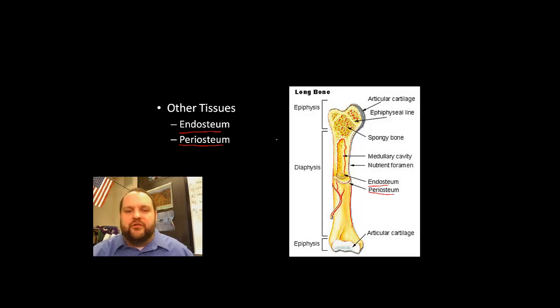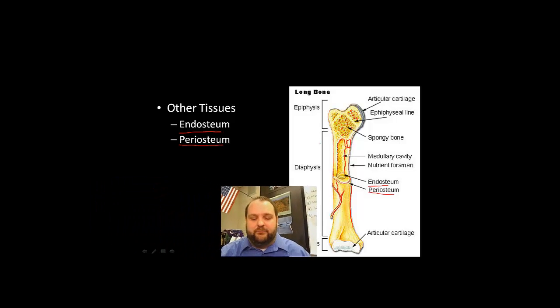Okay, so those are the main regions of the bones: the epiphysis, the diaphysis, the medullary cavity, the spongy bone, the compact bone, the endosteum, and the periosteum. And then we also have articular cartilage. What I want to look at now is I want to break these regions up, and look at them individually. So right now we're going to just take a section out of the compact bone and look